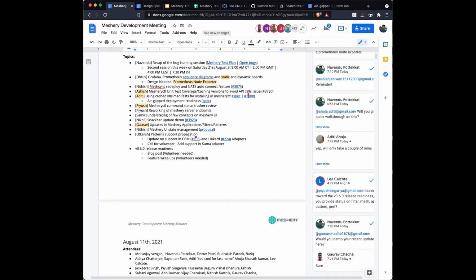I was also thinking, could we have selective downloads for specific adapter files? That's not a complete air-gap deployment, but it reduces our dependency on the internet. If the user is okay using an older file for, let's say, Istio, but wants a newer one for Consul, they should be allowed to specify that with the adapters flag. It's a good thing to put there. I would open an issue and start a discussion.